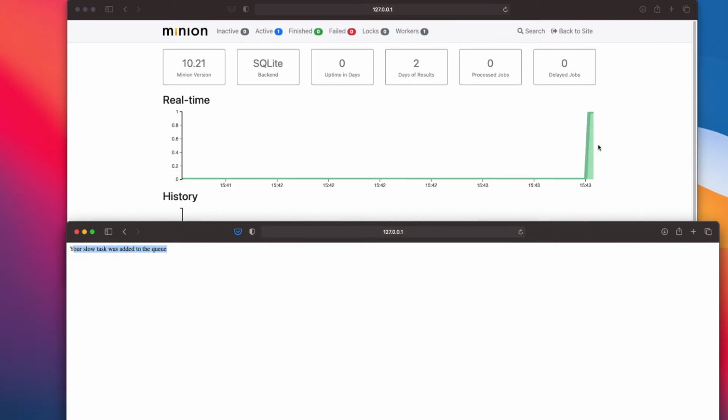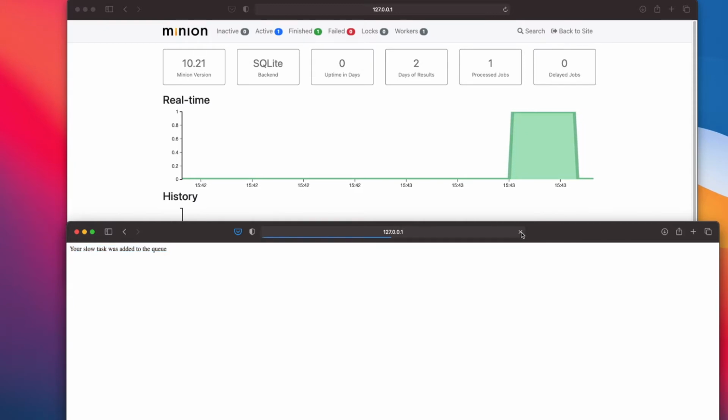The moment you add it here, you can see in the admin console that a new task is active and it is running. And I think we've given 25 seconds or 30 seconds for this task. That's the reason it is taking time to complete. Let's just wait for it to complete. Done. It's finished.